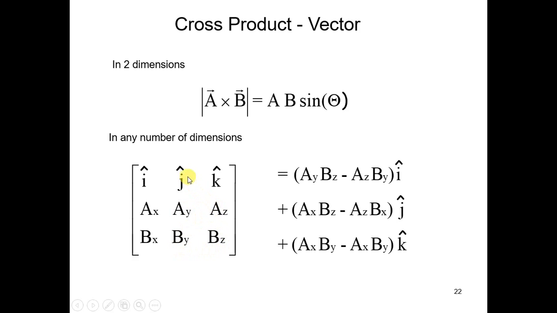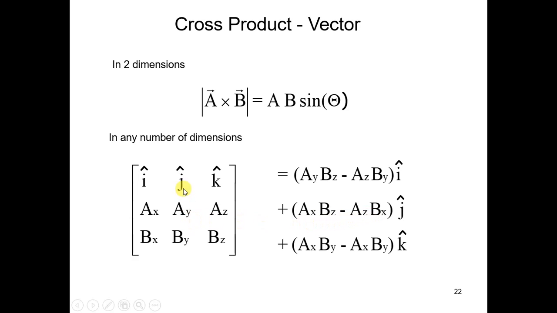Okay, and now we get the value of j. At that time, there is one mistake here: it is minus j. So we hide this column, and we will get the multiplication of ax into bz minus bx into az. Okay,